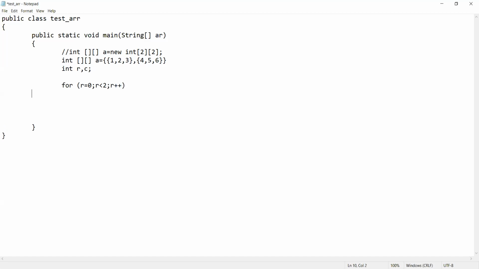So the last row will be 1. And similarly in each row you have 3 columns. So 0 and less than 3 and C++. Fine. Now let's display the values. So system dot out dot println, and I'm displaying the values of the array row and then column.